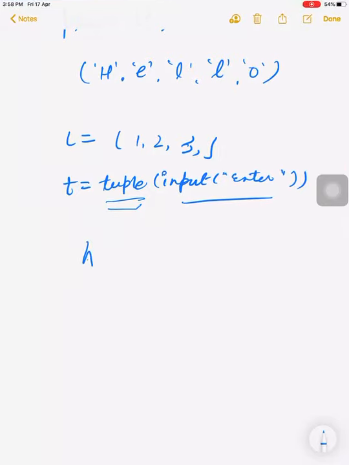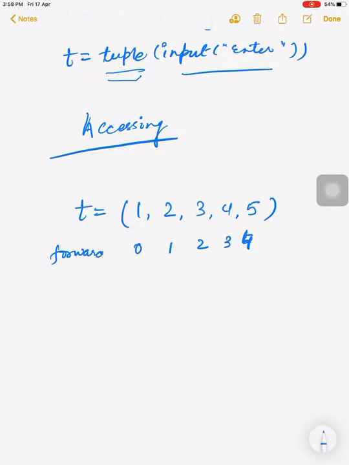Now, how to access a tuple? A tuple is also accessed as we access a list. A tuple also has an index, the same as a list, because it is also an ordered sequence. So there is an index for every element in the tuple. The first element has index 0, then 1, and same as a list it is known as the forward index.